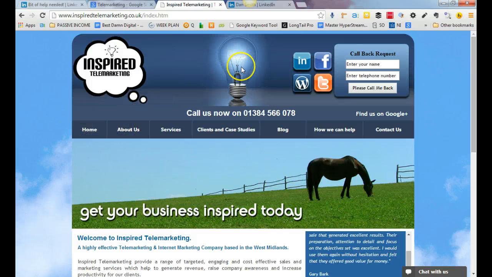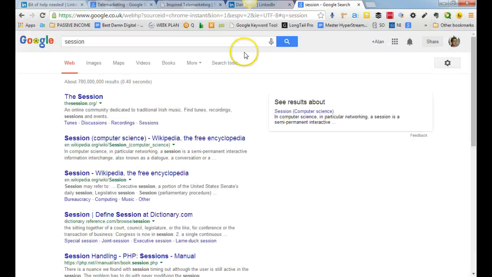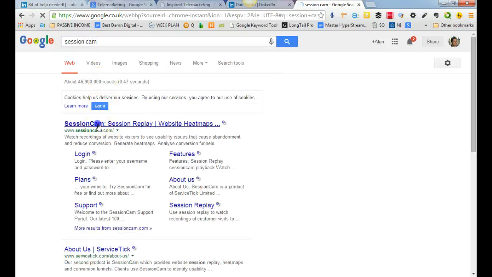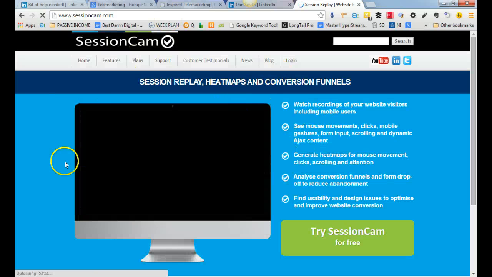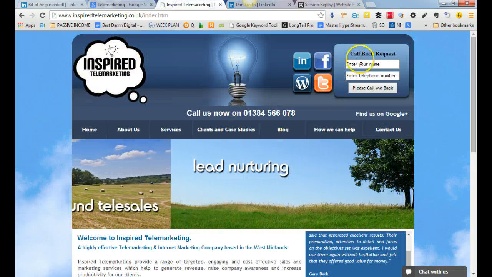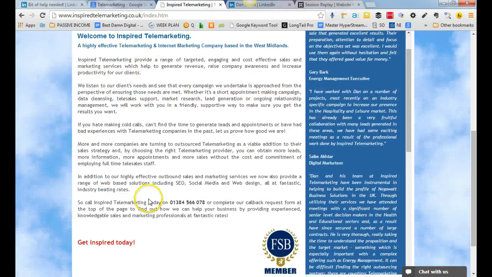software. For example, you can install SessionCam, which is I think free up to a certain amount of people. I've used this before, and what's good about this one is it gives you real-time footage of people entering your site and exiting, so you can see where people might be moving their mouse and where they're getting confused, so you can start seeing patterns in their behavior, which is quite